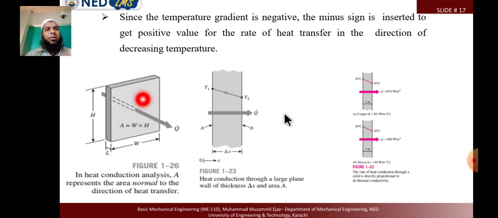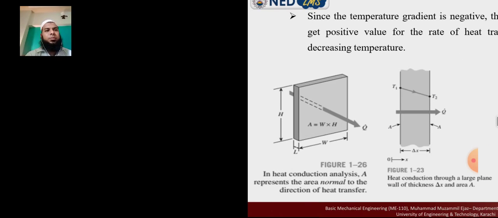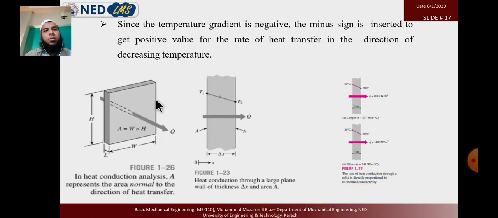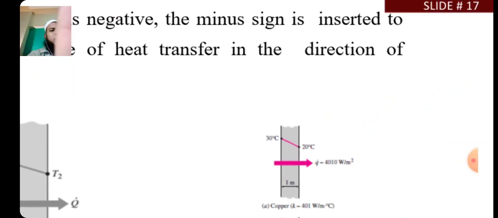So now we have learned the equation of conduction heat transfer. It is minus K A dT by dx, and as you already understand, in a lot of numericals we have to apply integration. So it is in the form of dT by dx. But to make these numericals very simple, we can take the temperature difference and the thickness difference. Like in this case,